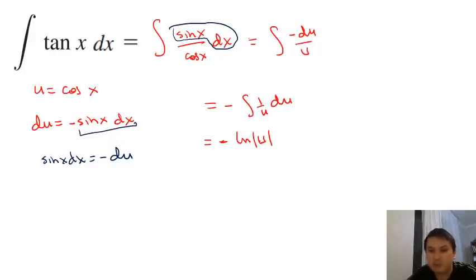This is something we also covered in previous lectures, plus a constant. So whenever you take the integral of 1 over u, you need to remember that it's not just ln, it's ln of the absolute value of u. Great, but u is cos x, right? So this is minus ln of the absolute value of cos x plus a constant. Okay,